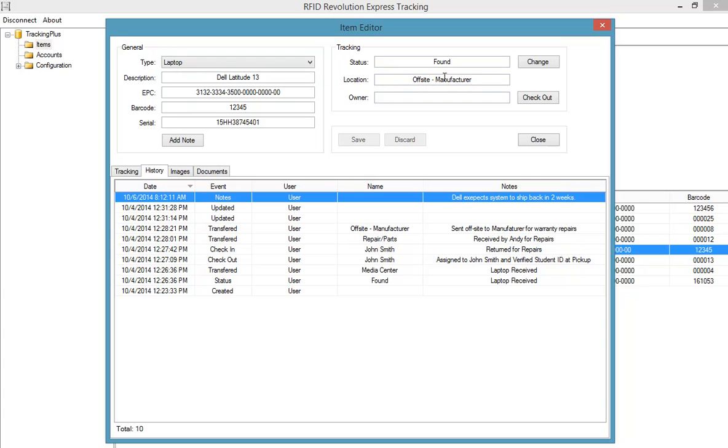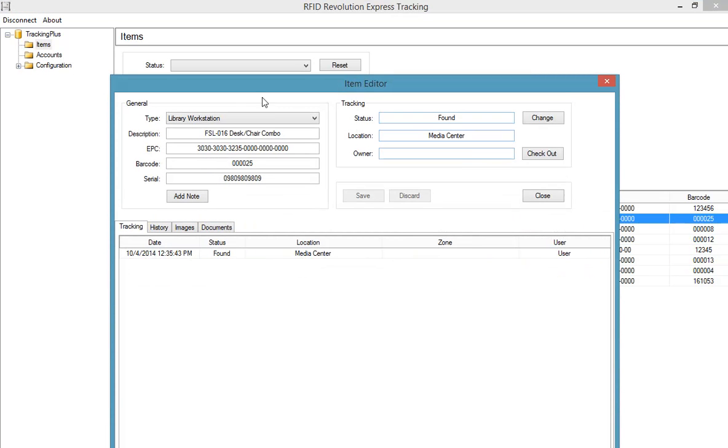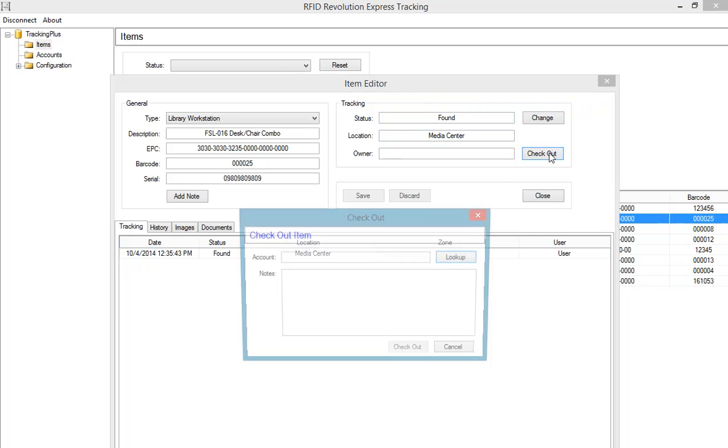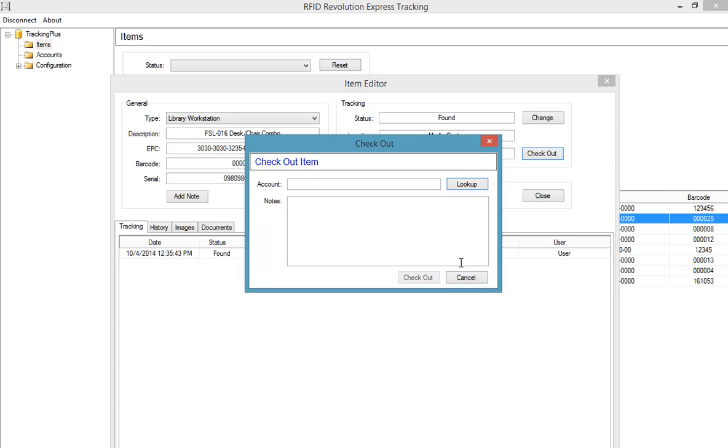I can also check out this item. So I'm going to go to a different item here, one that is not sent off-site, and I'm going to click this checkout button. When I do so, this checkout screen pops up and it allows me to do a lookup or enter an account. I'm going to do a lookup,